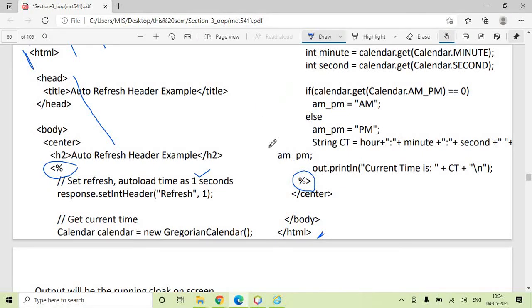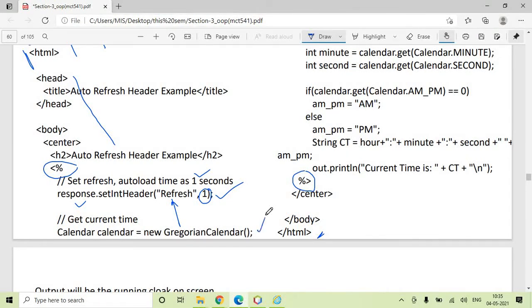Now you want to make the request once, but get a response from the server after every 1 second. So you have used the response object and set that this particular web page refreshes after every 1 second. Now get the current time.